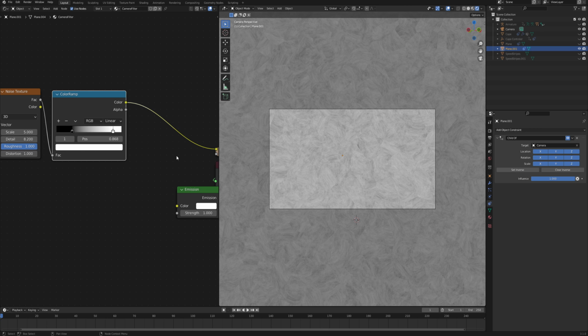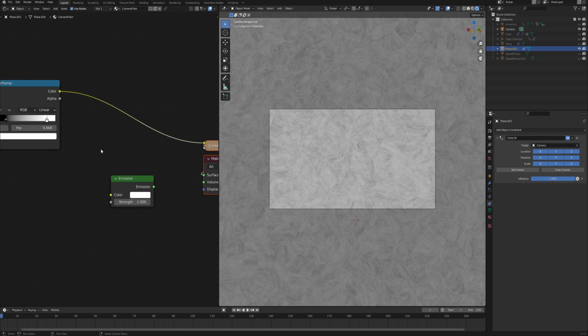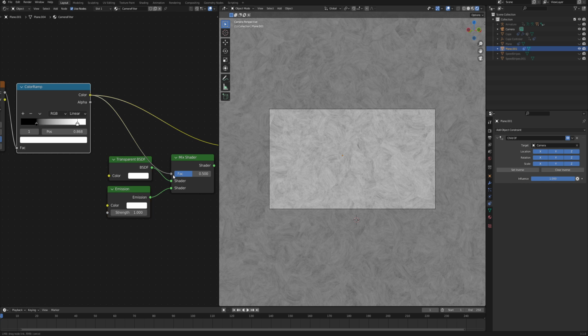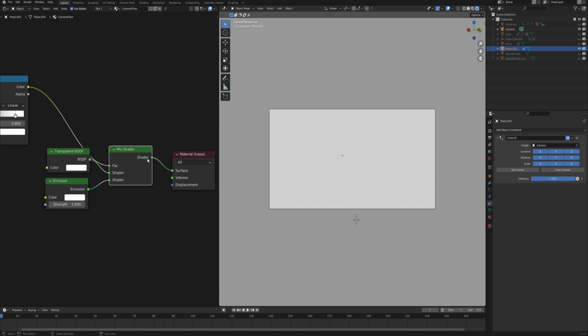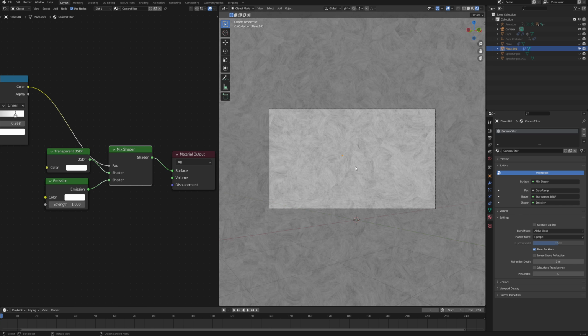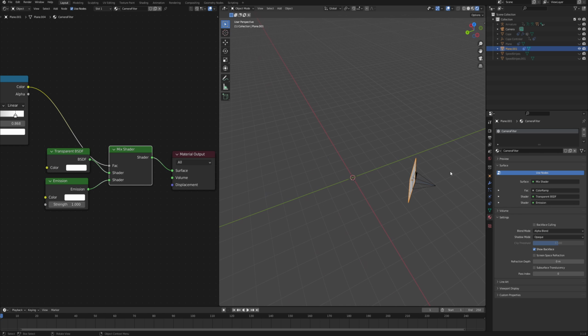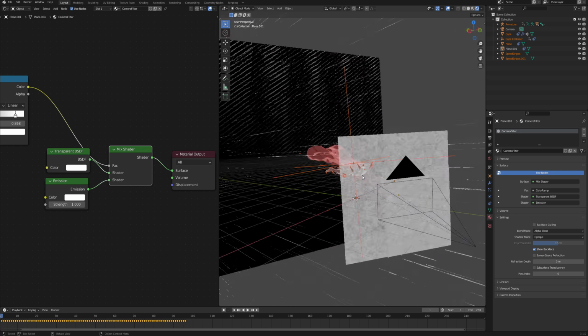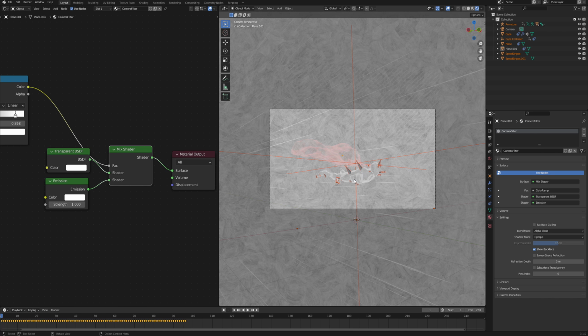And in order to visualize it, we will need the similar setup as with the stripes. So a transparent BSDF and a mix shader. Let's connect it like so. And the color ramp is gonna be the factor. And as we preview the mix shader, make sure that the material is set in blend mode from opaque to alpha blend this time. And also in the scene, you remember we hid all the meshes that we didn't need. So now just click Alt H to unhide everything, and 0 again to get back to our camera view.